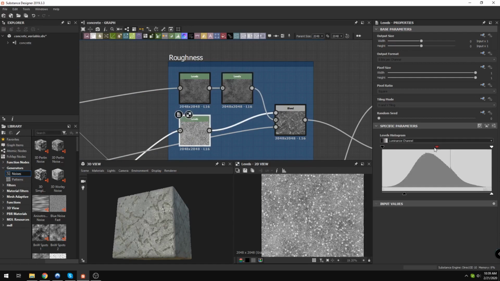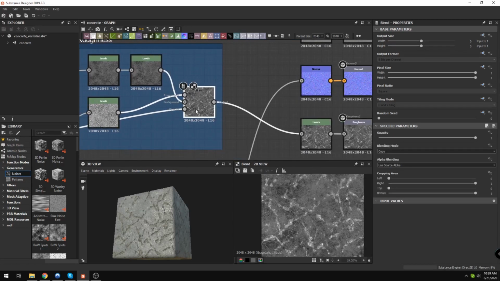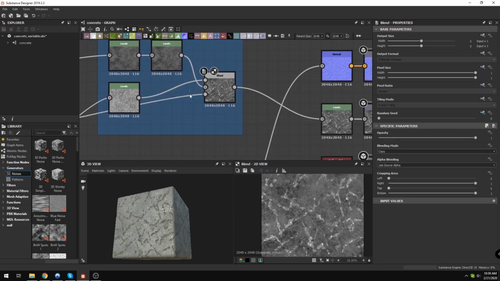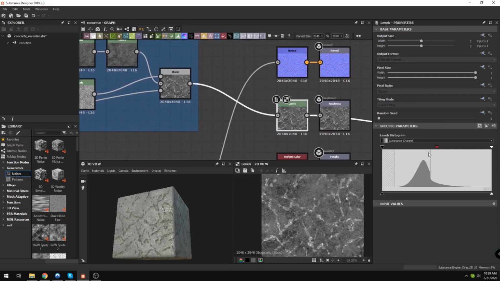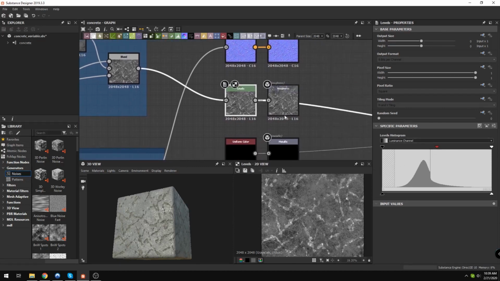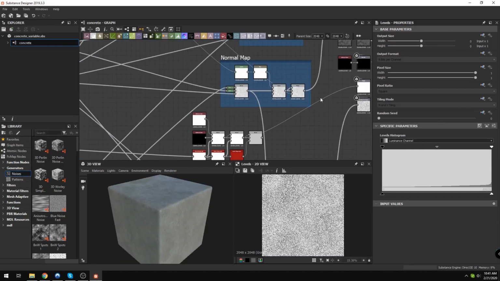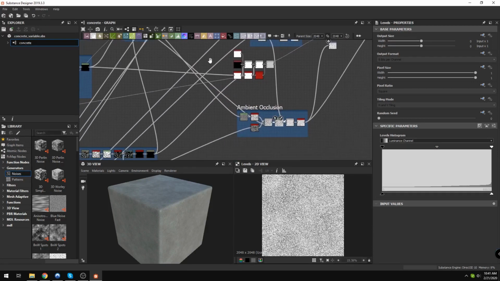I did the same thing here. This is the roughness from my wear level, and after I blended these two together, again, they're driven by the masks. I have another levels node, which is going to be my master roughness. Okay, as for the ambient occlusion,